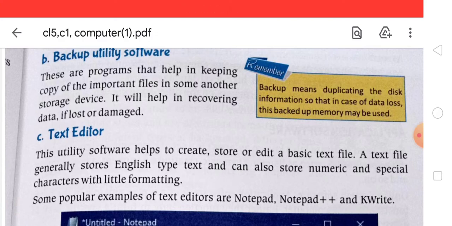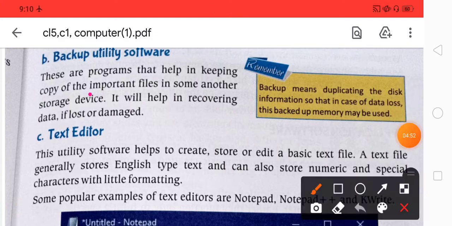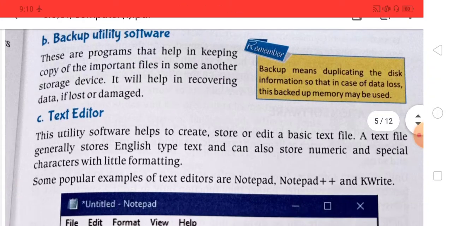So we can say backup utility software helps in keeping a copy of important files if something is damaged or lost. So we can recover from backup utility software.